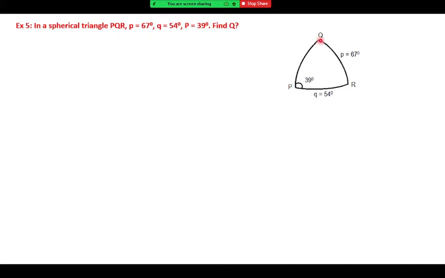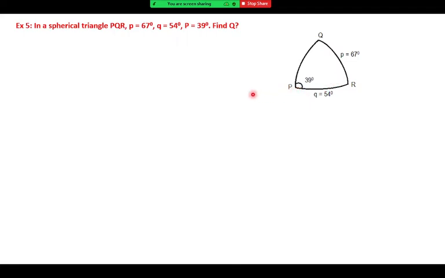You will observe that out of these four, there are two pairs, like this angle and side, and angle and side, and only one angle is missing. So we can use the sine rule. Tell me the sine formula for this diagram. Sine capital Q by small q... Good, sine capital P by sine small p. So you can take capital P in the numerator or small p in the numerator, the choice is yours. But yes, sine capital P upon sine P is equal to sine of capital Q upon sine Q. So that's the formula. Rearrange the formula for sine of capital Q, replace the values, use a calculator, and you will get the answer.